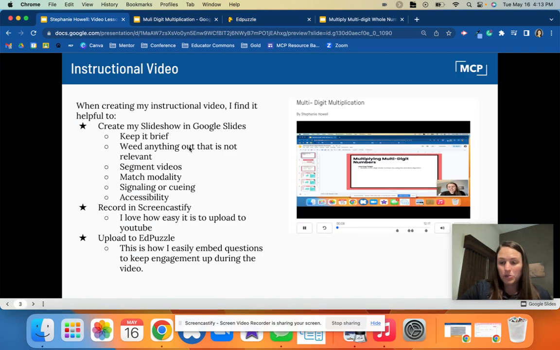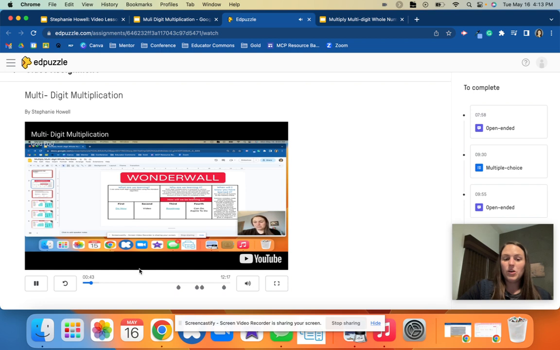And when I do record before going to Edpuzzle, I use Screencastify. Screencastify is a great way. I'm able to have my face in the picture. I can have some annotating tools as well, but it makes it really easy. I like to upload my videos to YouTube so that I can save room in my Google Drive. And then I take that YouTube link and add it to Edpuzzle,